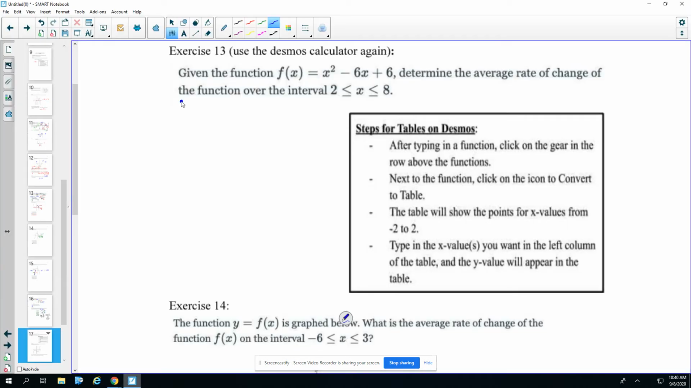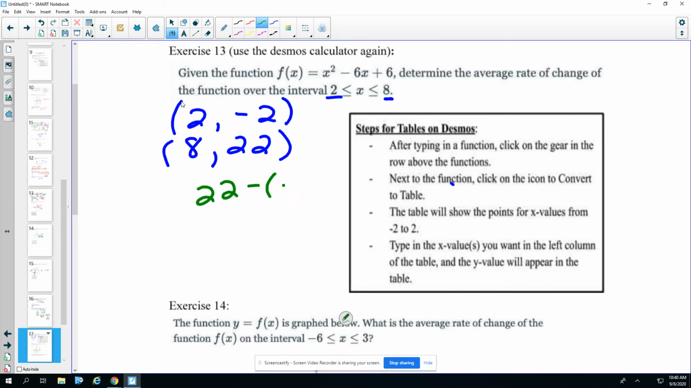So they gave me the 2, and we found -2. And then they gave me, and when I say they gave me, I mean those are the numbers they gave me, the 8, and then I get 22. So when I set this up, I have 22 minus -2